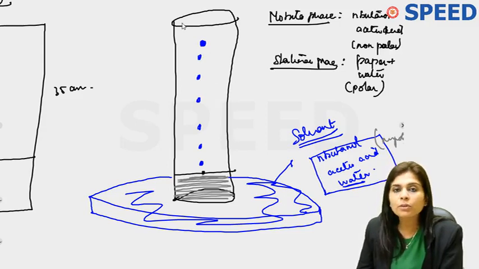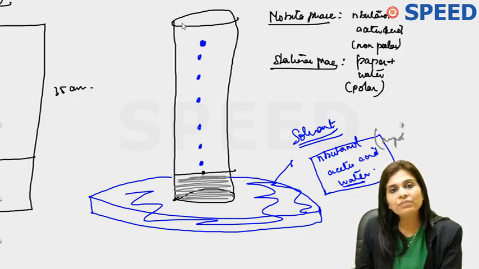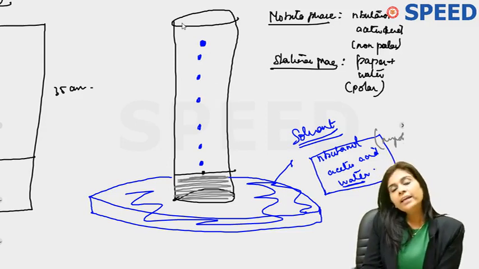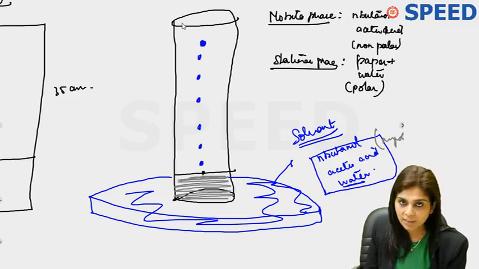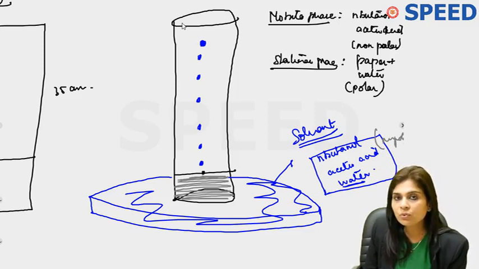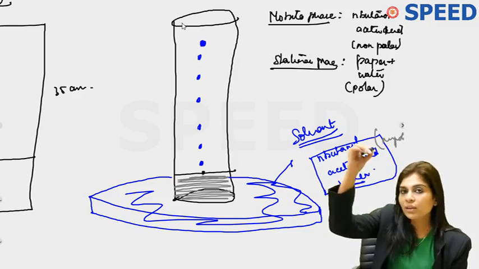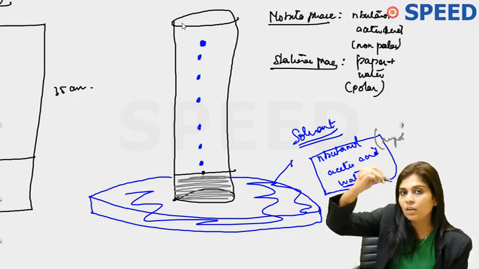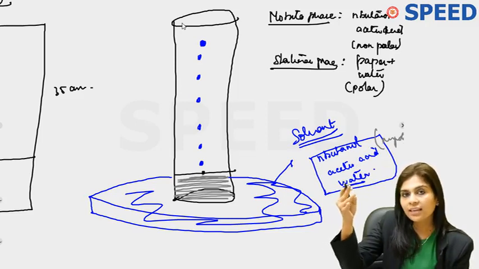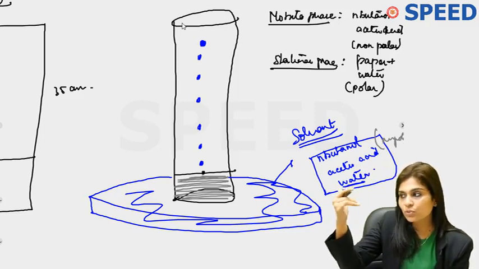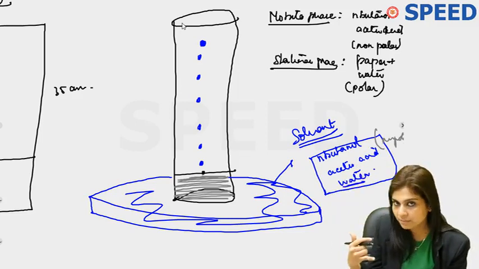So in paper chromatography, which amino acid moves the fastest? If that's the question, it means they are asking you which of the following is the most non-polar. And that's why I told you when we discussed amino acid chemistry, the non-polar nature increases as you go down the list of non-polar amino acids. And I told you glycine, alanine, valine, leucine, isoleucine and methionine is the sequence.